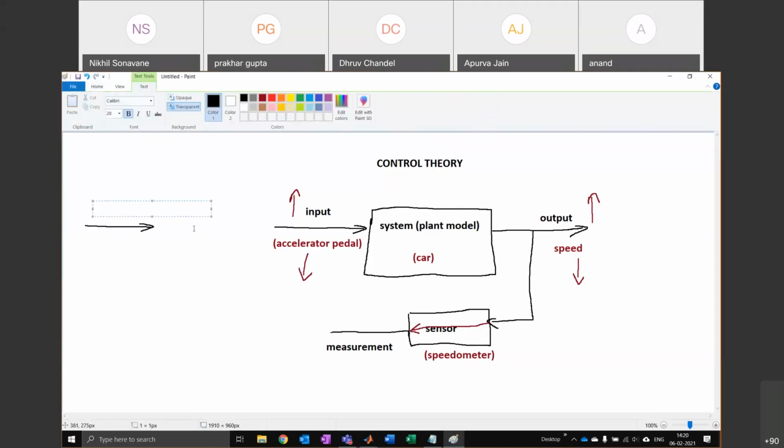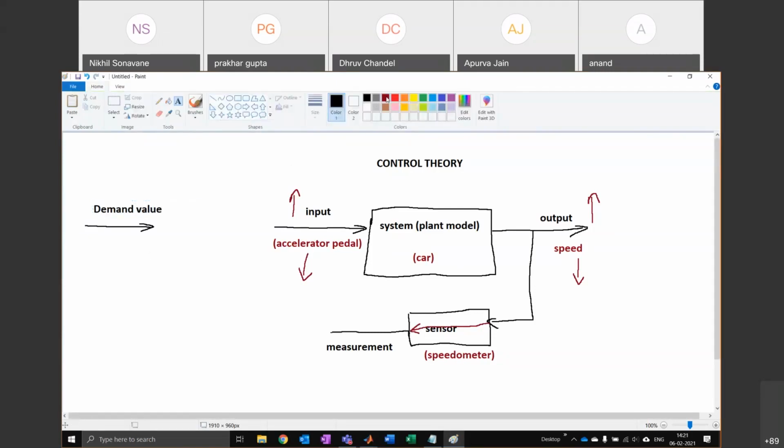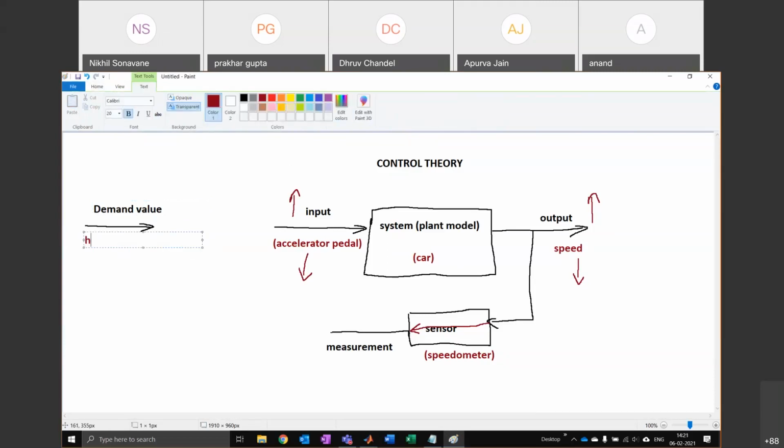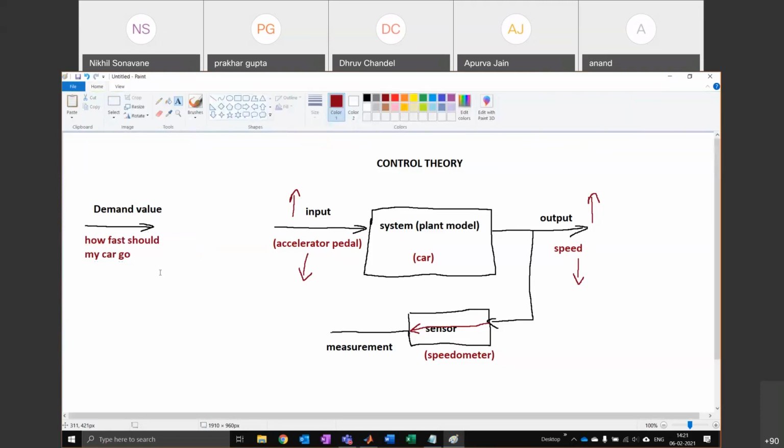Okay. This is my demand value, which I'll say how fast should my car go. Okay, so I have some demand value.